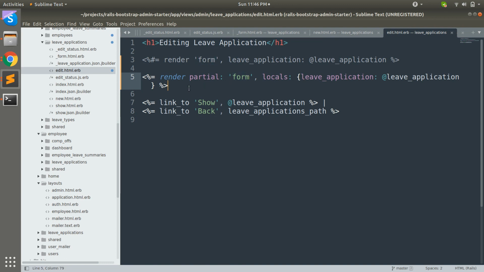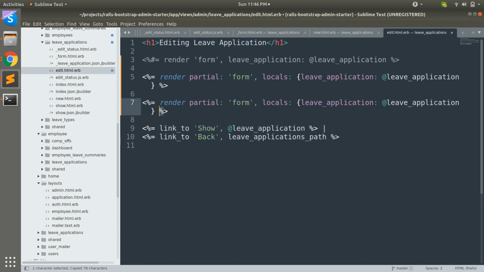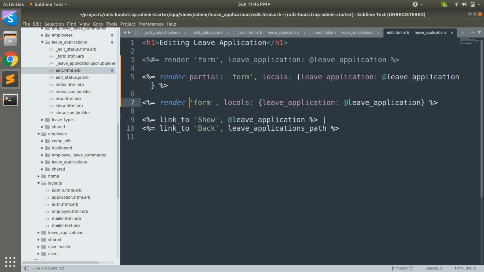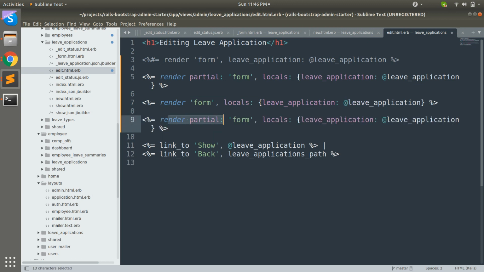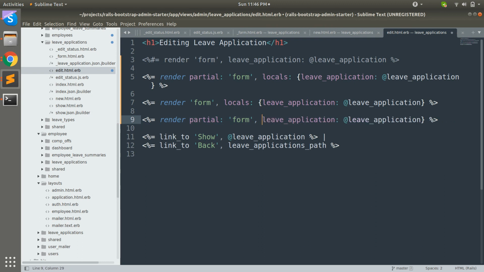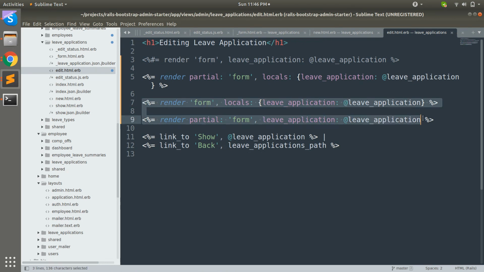But you can't do it if you are passing locals and you have not used partial, or if you are not passing locals but you have used the partial name syntax. Okay, so both of these forms for rendering a partial are incorrect.